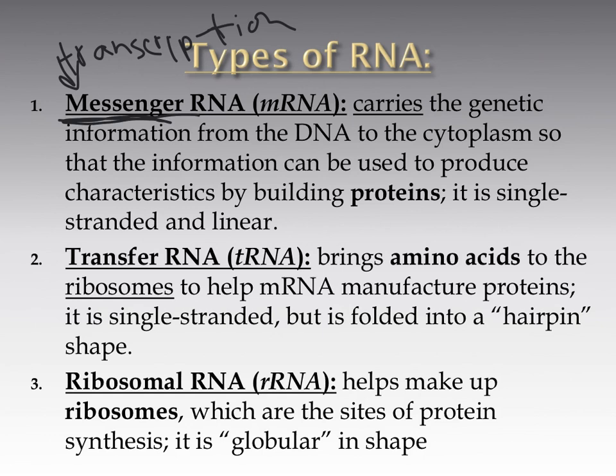Transfer RNA or tRNA is what reads the message. The tRNA molecules will read the message that's in the mRNA and bring the proper amino acids, which are the building blocks of proteins. They'll bring the correct one in order to put them in the correct order based on the message that's in the mRNA. And then ribosomal RNA helps make up the ribosomes, which is where